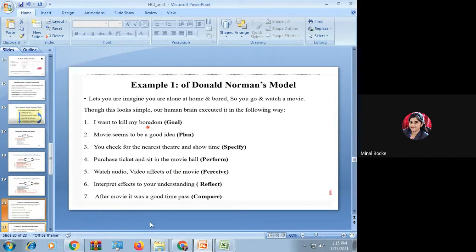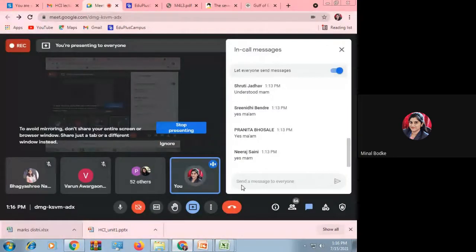Now the task is what? You have to save any document in any folder. Write all the 7 steps, and you have to write them in the chat. To save any sketch, you can say, or you can save any Word document in a folder. So this is the goal. Understood the goal?